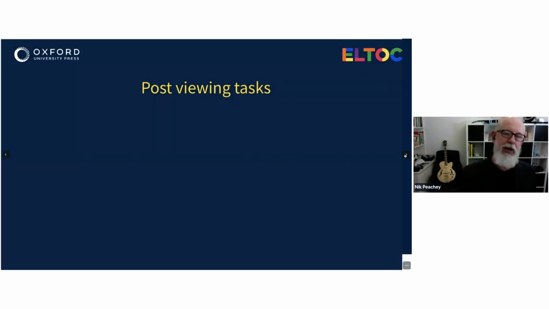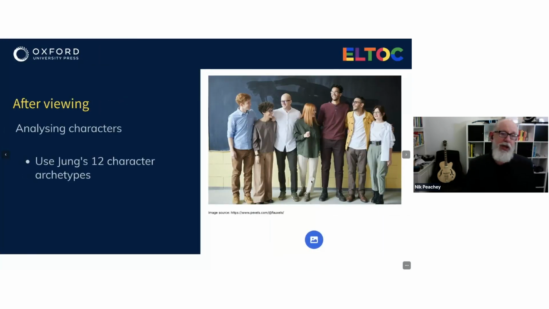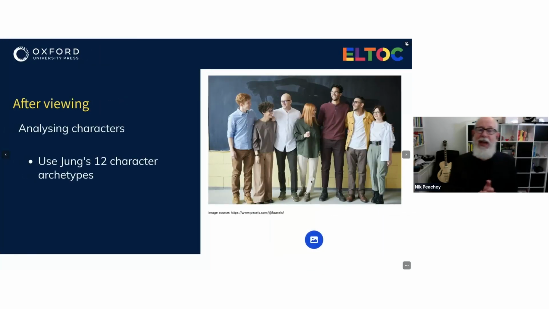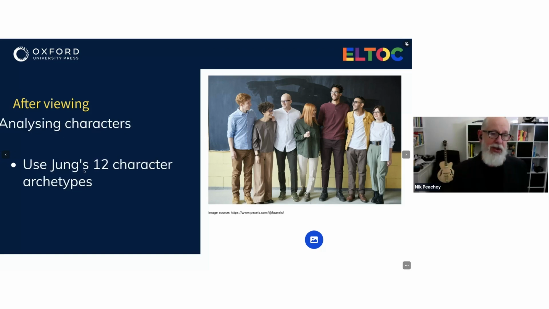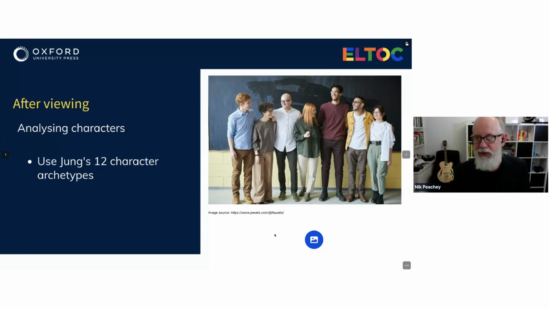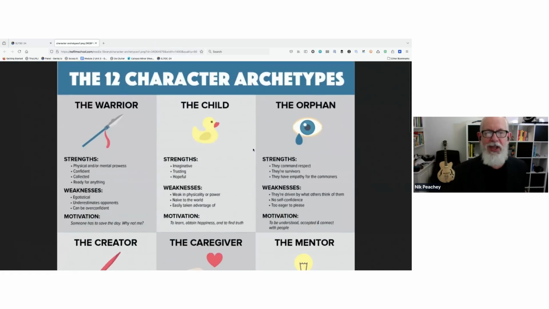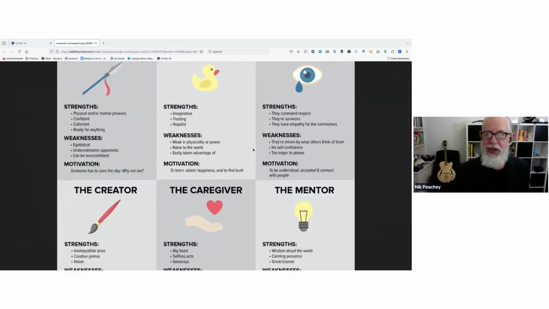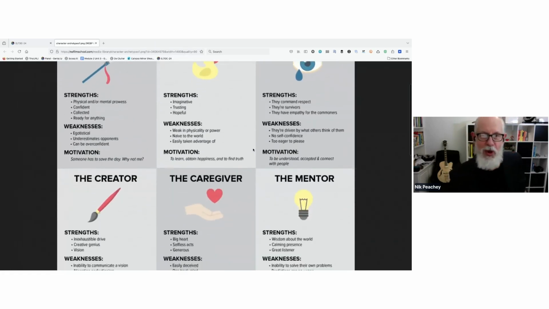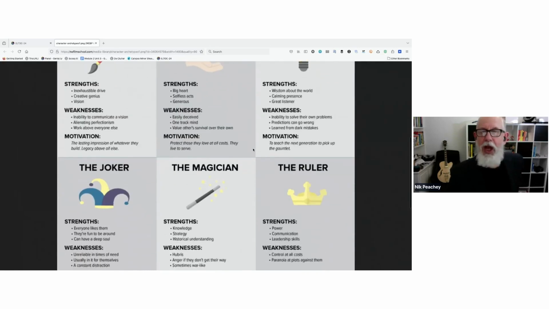So this is one thing that you can do. You can start analysing characters and get students to analyse characters. One nice way to do that is to use Jung's 12 character archetypes. The psychologist Jung said that you could divide all people into these 12 categories. And so there are some character archetypes here. I'm not sure these are the absolute same 12 that Jung created, but